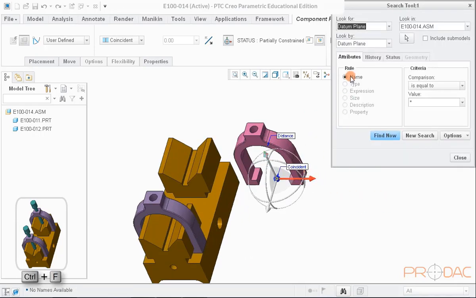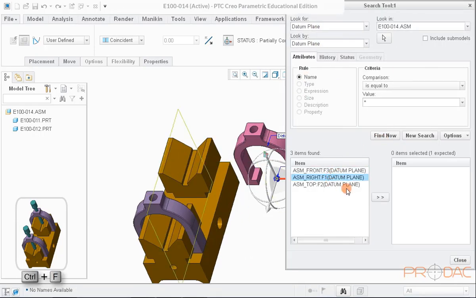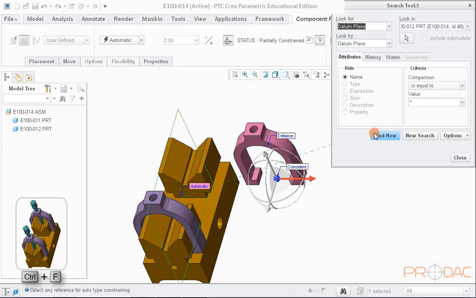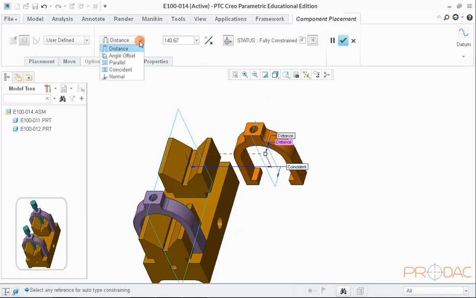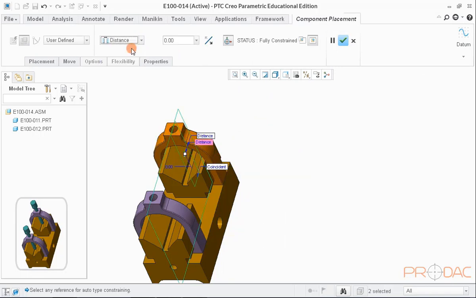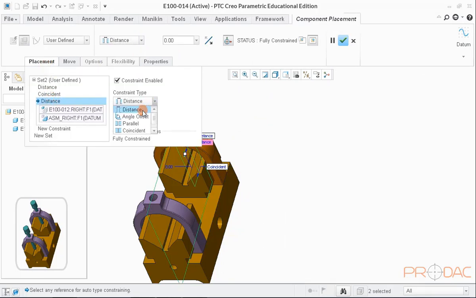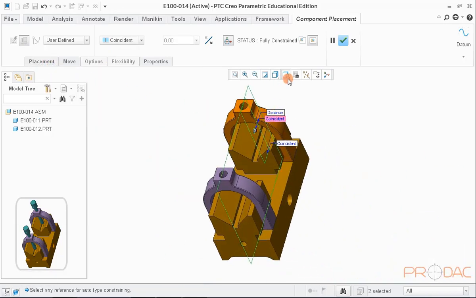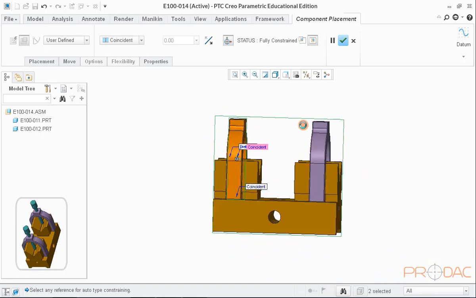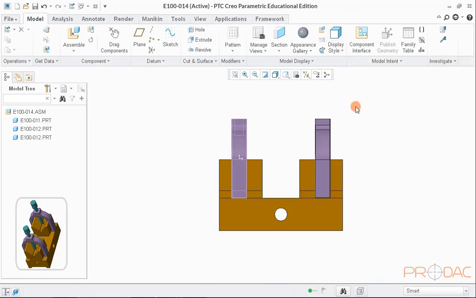So for that, we'll find the planes once again and mate them with the mate type as coincident. Now the component is fully constrained. Click on OK button to proceed further.